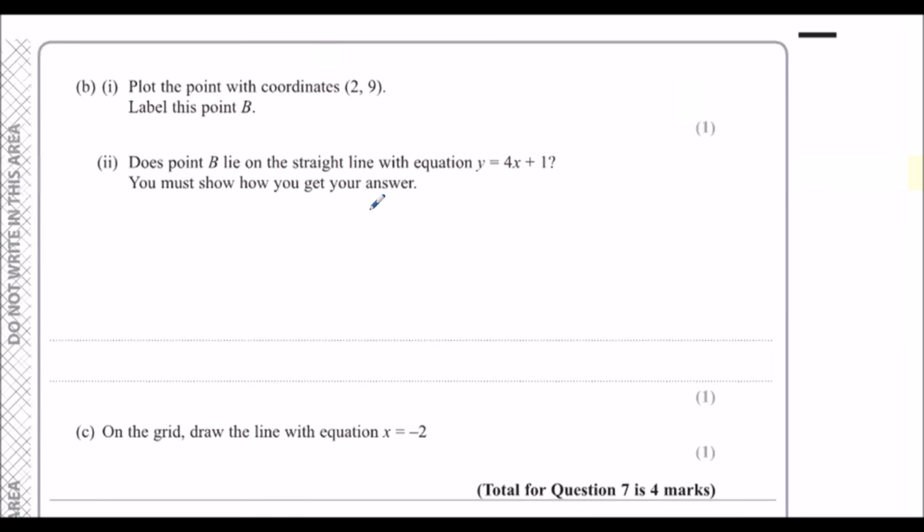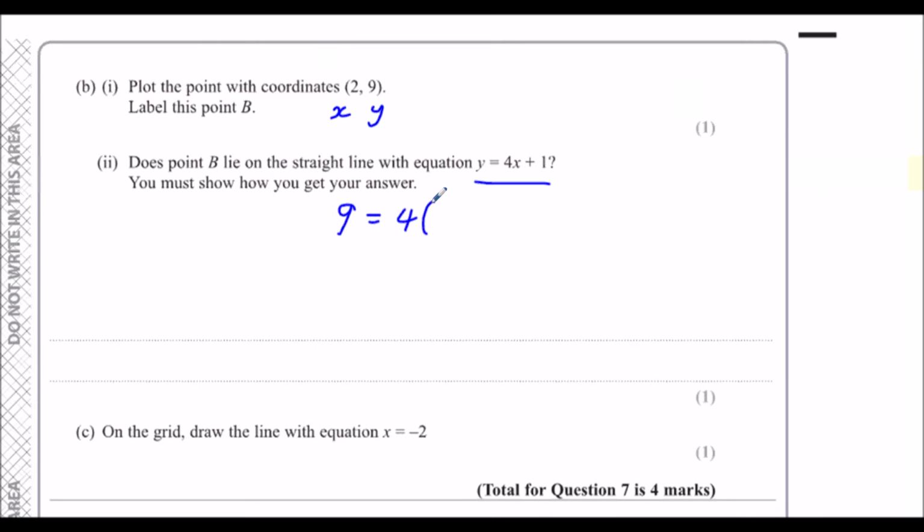Does point B lie on the straight line with equation y equals 4x plus 1? You must show how you get your answer. So y equals 4x plus 1, and our x coordinate is 2, and our y coordinate is 9. So if we substitute these in, so we take our 2 and our 9, and we substitute them into the equation, what happens? So we change the y to 9